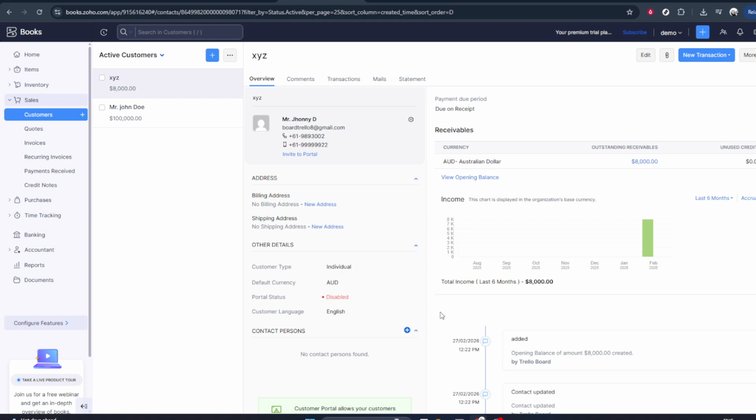Zoho Books will now record this opening balance for the selected customer, and you'll see their outstanding amount reflected in their account summary and in your receivables reports. You can repeat this same process for each customer that has an outstanding balance when you start using Zoho Books. Taking the time to enter these correctly ensures that your reports, customer